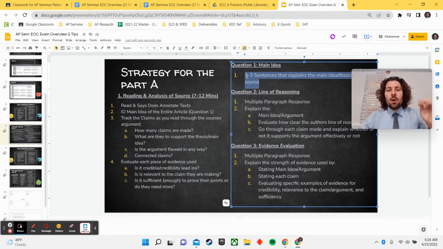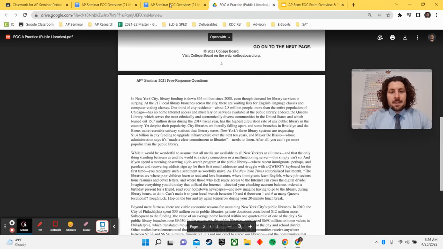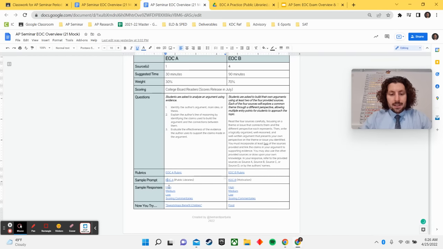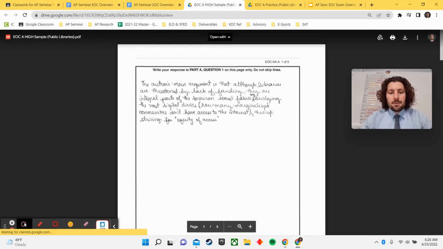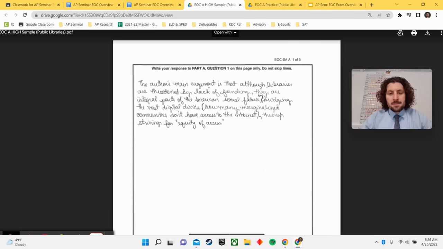Again, question 1 is 1 to 3 sentences that explains the main idea or thesis of the entire piece. So if you wanted to take a look at a sample here, you can see the high scoring example for the end of course A. The author's main argument is that although libraries are threatened by a lack of funding, they are an integral part of the American social fabric,